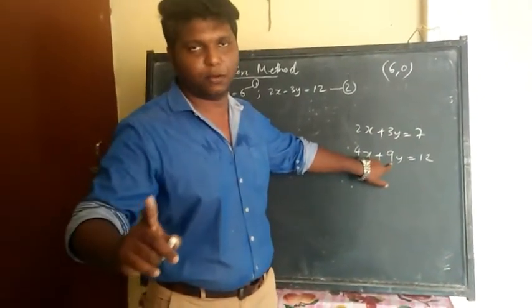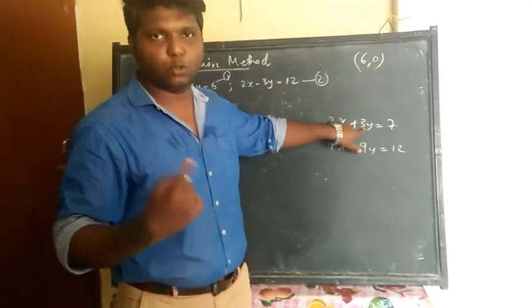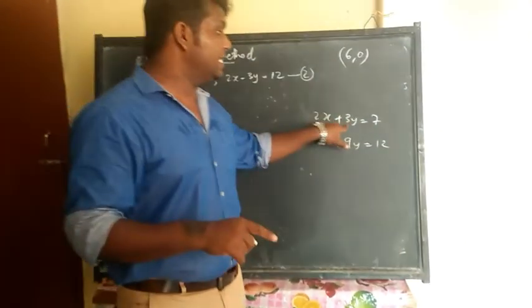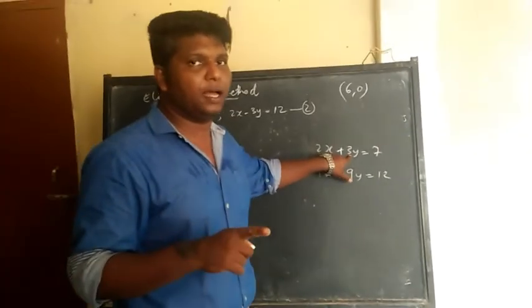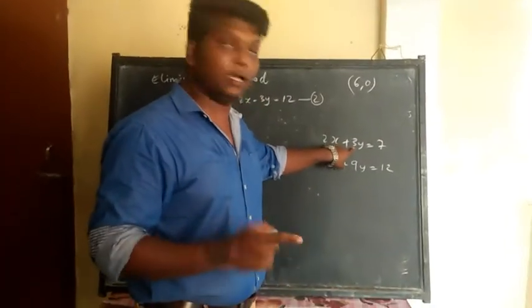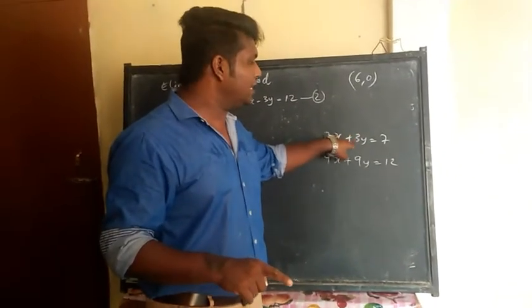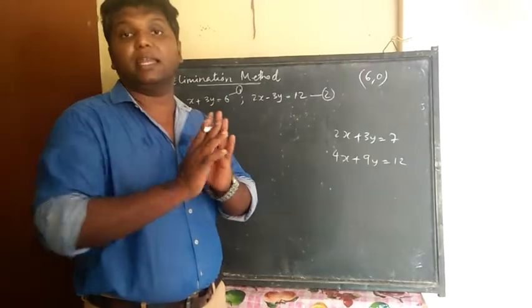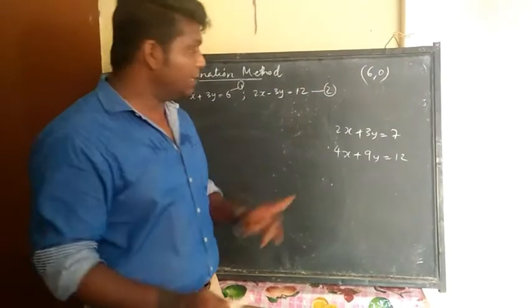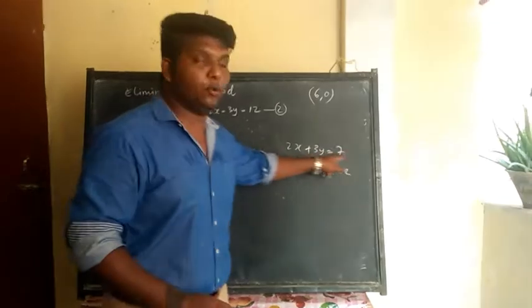So इधर पहले से 9 पड़ा है तो इधर कुछ भी करने का जरूरत नहीं है. बाकी क्या करना है? इक्वेशन नंबर 1 में इधर कुछ ना कुछ तो बदलावट करना है. क्या बदलावट करना है? इधर का 3 का जगह 9 आना चाहिए. तो 9 आने के लिए कौन सा नंबर से मल्टीप्लाई करना पड़ेगा? 3 से, क्योंकि ये 3 जो है 3 से मल्टीप्लाई करेगा तो ये 9 हो जाएगा, है ना. तो अगर इधर आपको 3 से मल्टीप्लाई करना है तो खाली उसी नंबर को 3 से मल्टीप्लाई नहीं कर सकते हैं. ऐसा करना है तो पूरा का पूरा इक्वेशन को 3 से मल्टीप्लाई करना है.